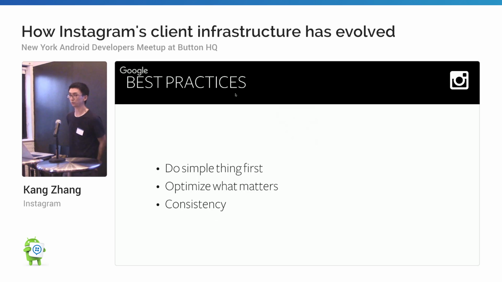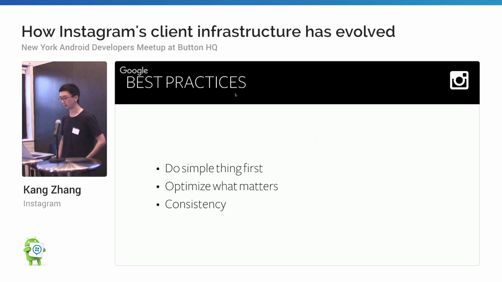The Instagram for Android app was released in early 2012, and ever since then, we got more than 500 million downloads in the Play Store, and we maintained 4.5 star ratings. Personally, I feel it has a lot to do with how we do day-to-day development, and I'd like to share some values we